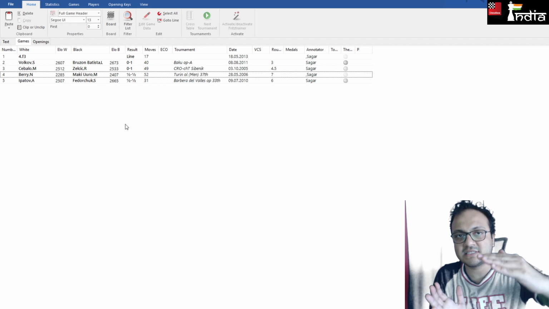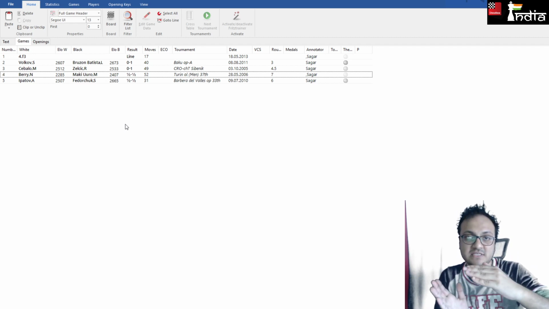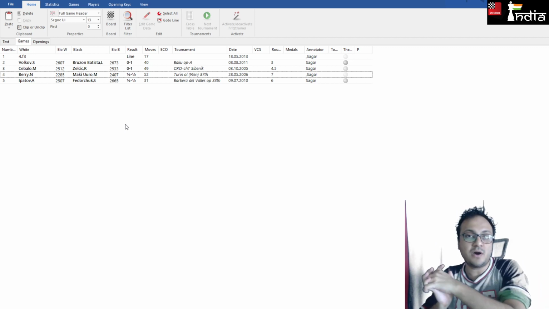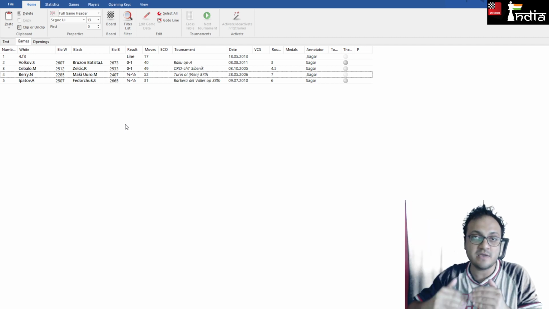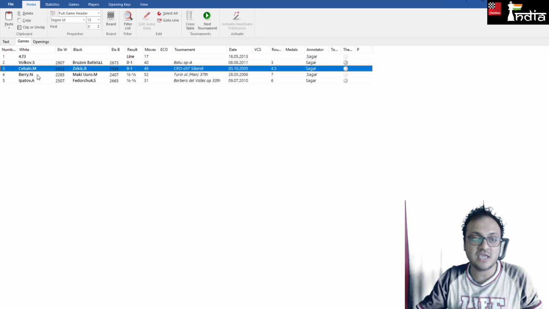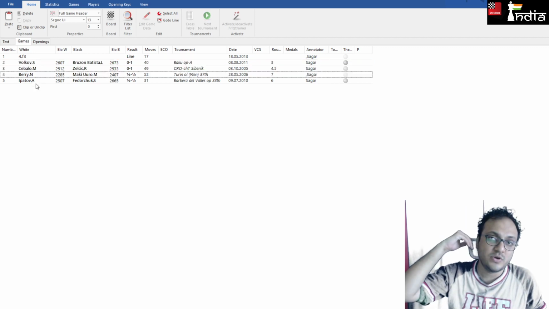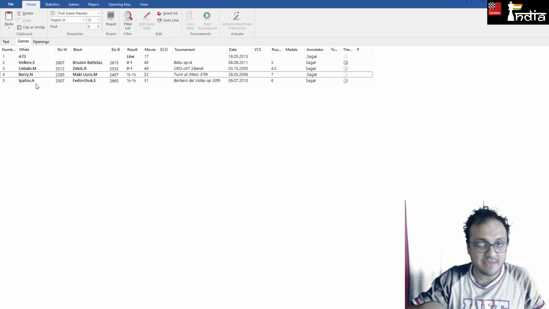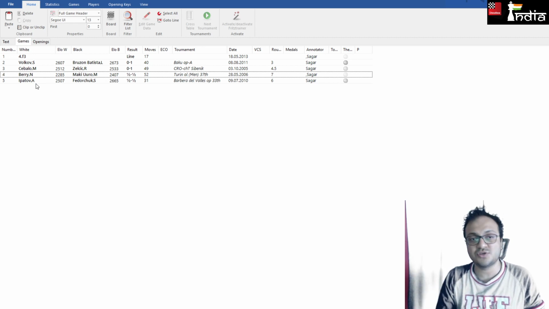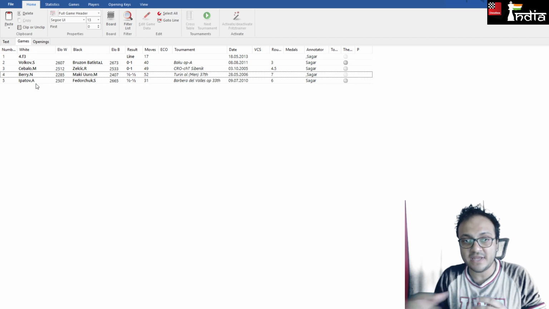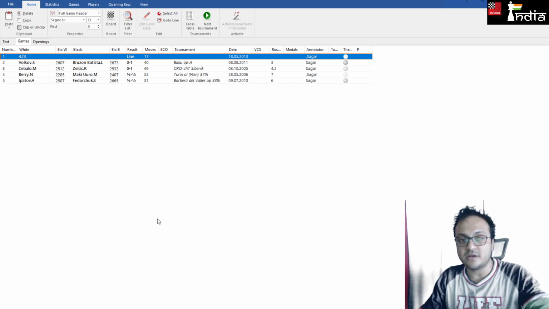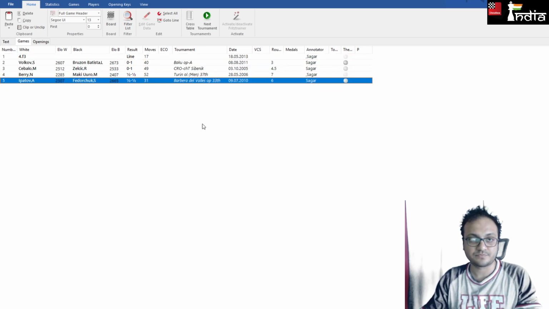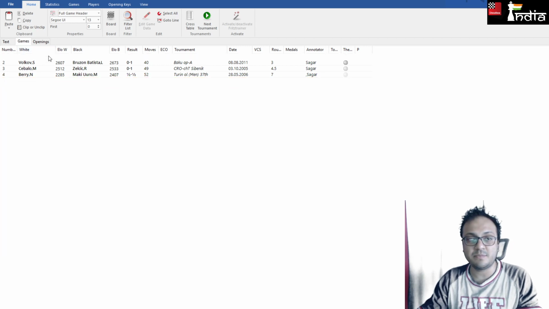You can make such folders, such databases, inside your Nimzo-Indian folder. So f3, then I spoke about Bg5 Leningrad, where I gave theory and then three games. You put the theory here and the games below it, and you do it also for the Saemisch variation, for the a3 variation, and so on. Whenever some new game is played in this line, you can add it here. So here there are four games; you can add the fifth game and update your theory file.